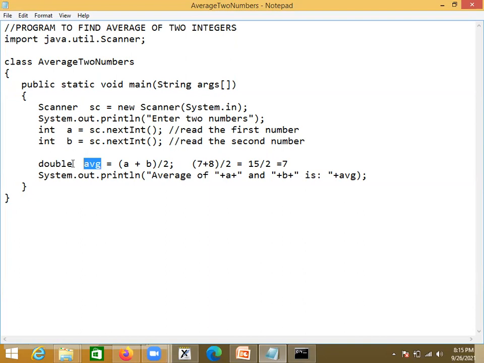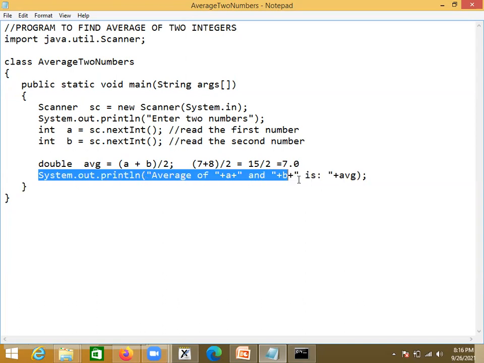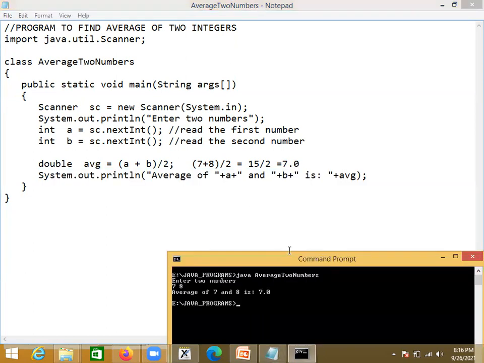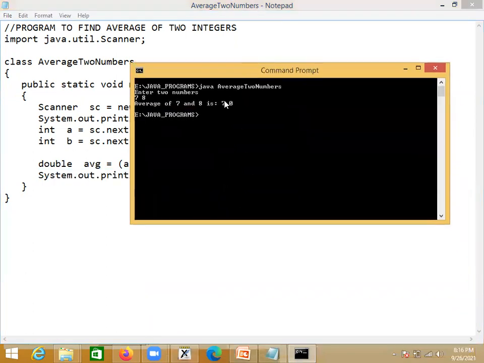But average is of double type, so it converts this integer into double and stores the result as 7.0. That's why when we print using the System.out.println method, we get the output 7.0, and it shows the average of 7 and 8 is 7.0.